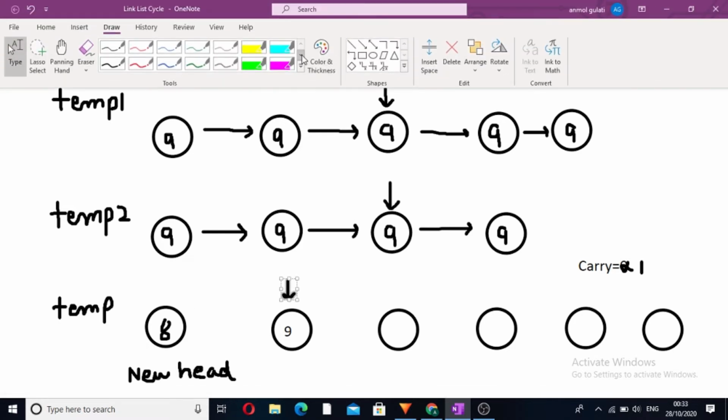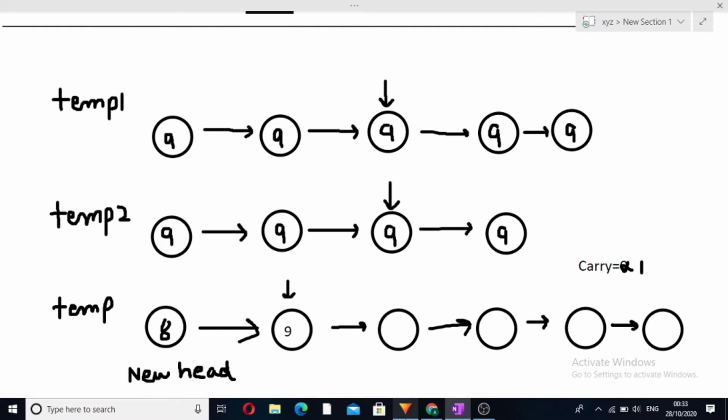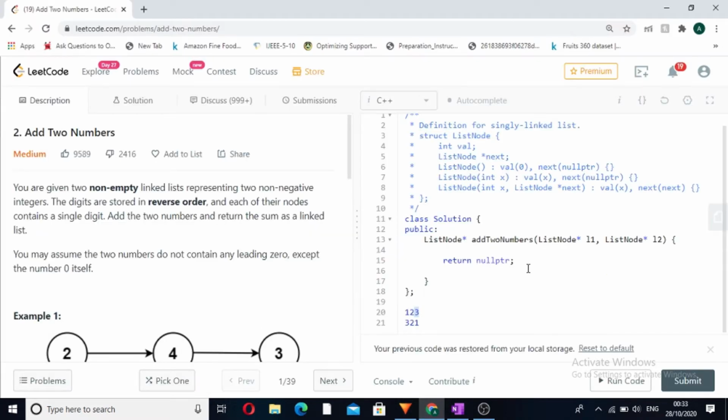So the corresponding connection will start to build. See, after the two values, our new linked list which we have to return will look like this. First value is 8 and another value will be 9, and similarly the linked list will keep on forming after we add all the nodes with the corresponding values of temp1 and temp2 and the carry. So we will start to build the new linked list, and the temp variable will be used to iterate over the new linked list, and in the end we will return the new head. So now let's just look at the code and how we will do it.